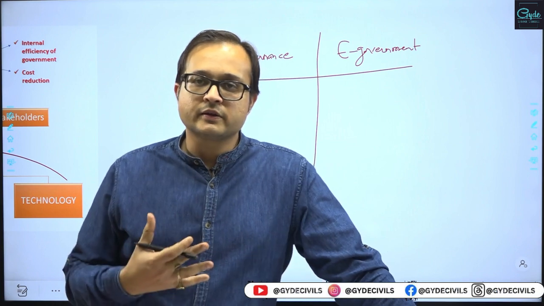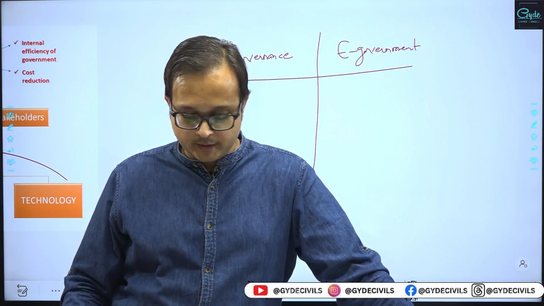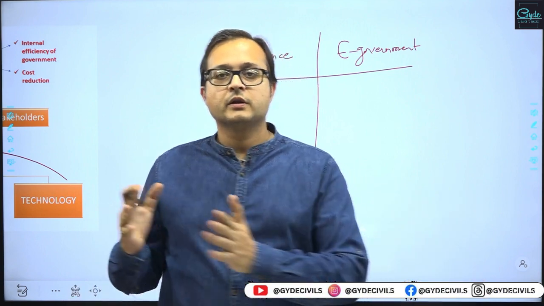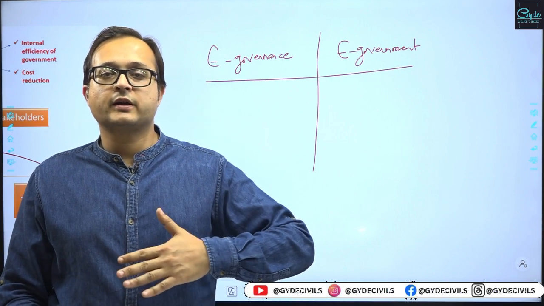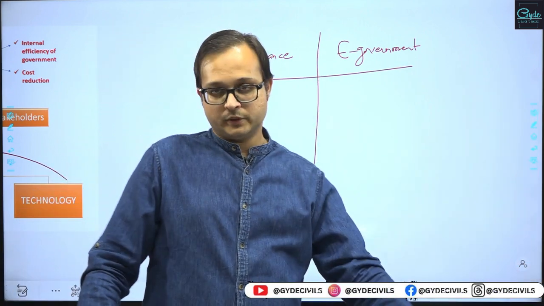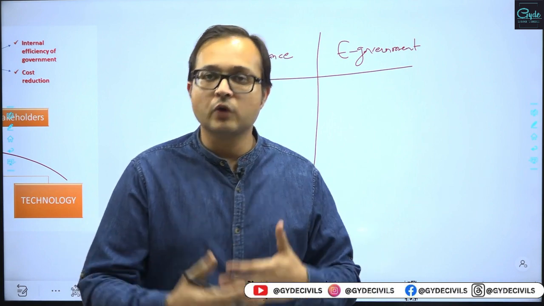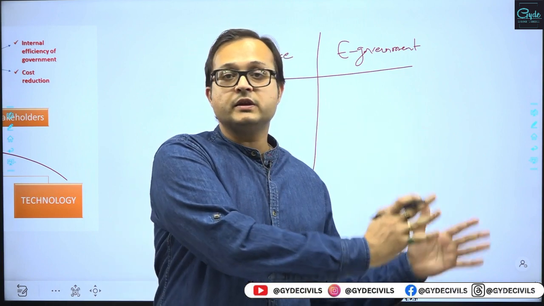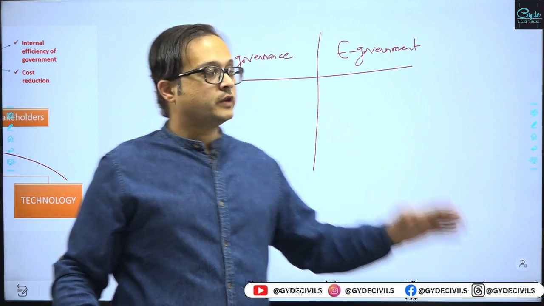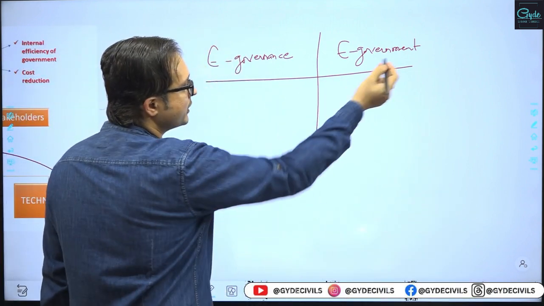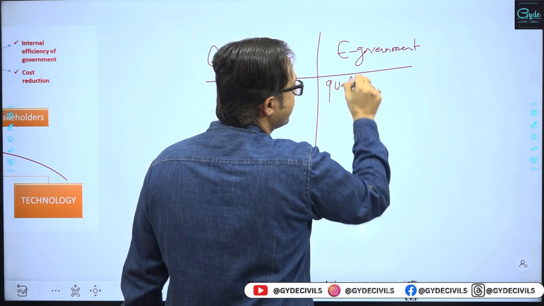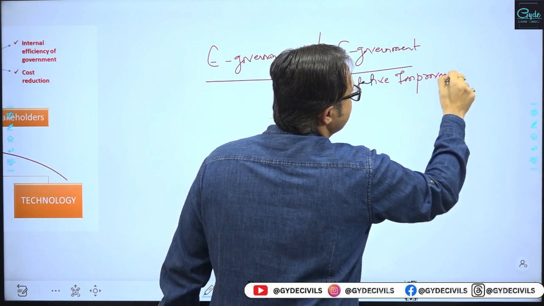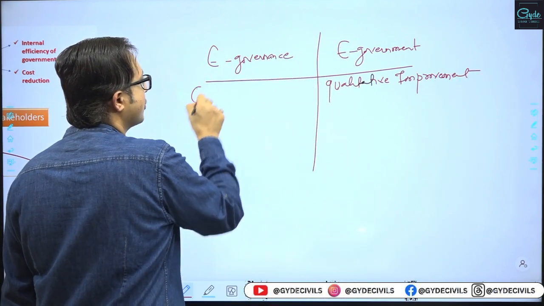E-government, in fact, increases the quality of public services which are being provided, right? And e-governance increases the reach, right? It is the qualitative improvement. In fact, e-governance is quantitative improvement. Qualitative improvement means how fast, how efficiently, how better you can provide the services. Whereas e-governance is up to what mass the services can be provided, right? So this remains more of qualitative improvement of the government functions. This remains as the quantitative improvement.